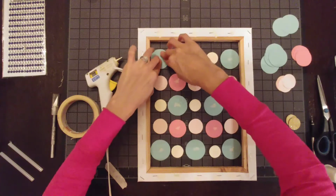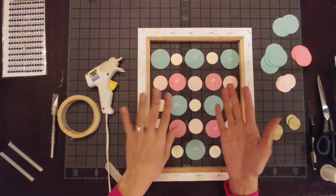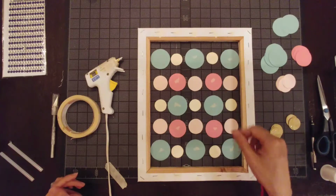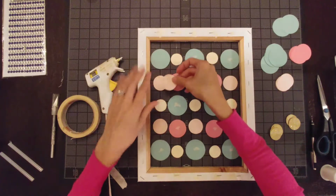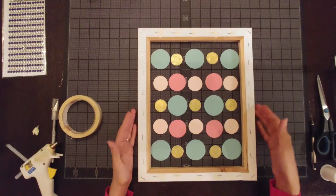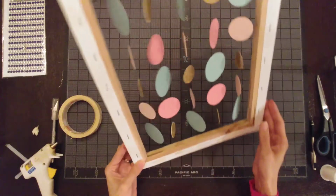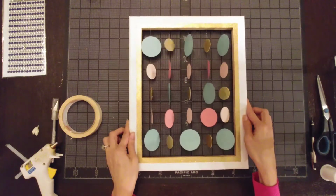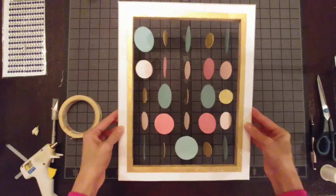Now, the reason that I'm doing this is because when you put the canvas on the wall, the circles are going to turn, and you don't want to see this tape stuff, so that's why I'm gluing another circle on the back so it hides my messy work. Okay, so I'm done gluing the back of the circles, so I'm going to turn this around, and there you go. So this is what the canvas would look like. Now you could stop right here,